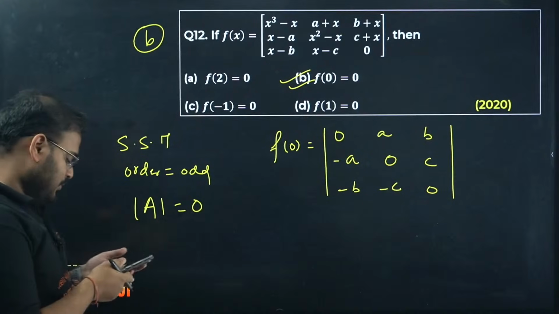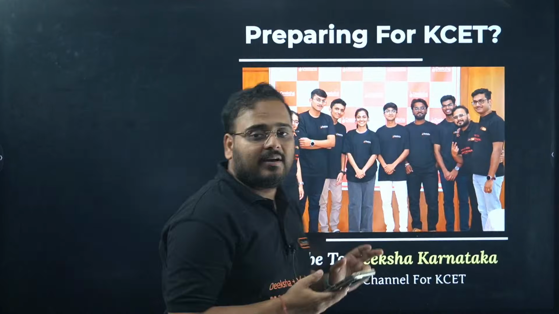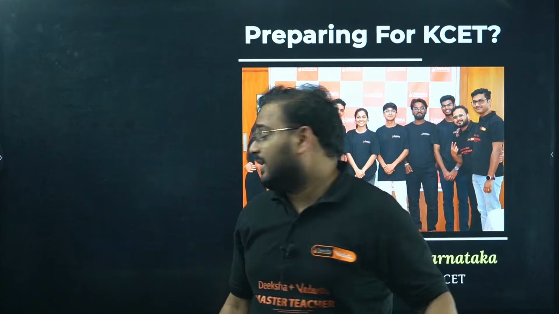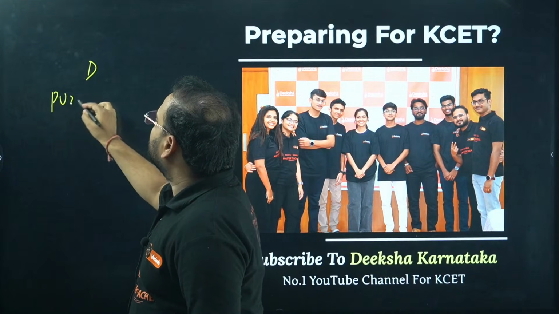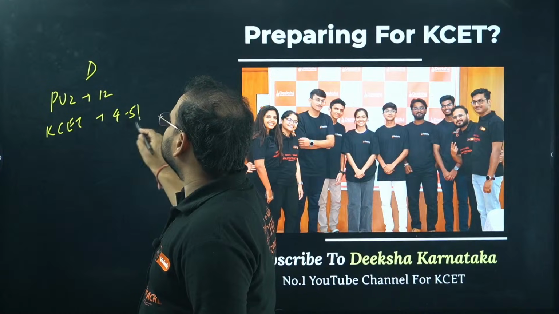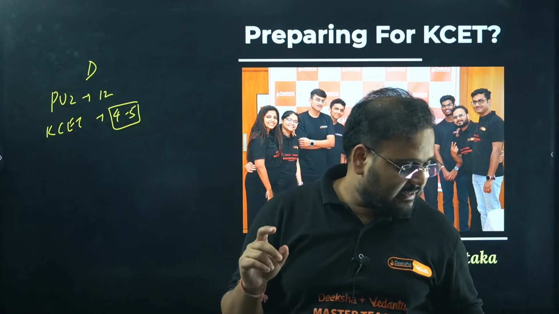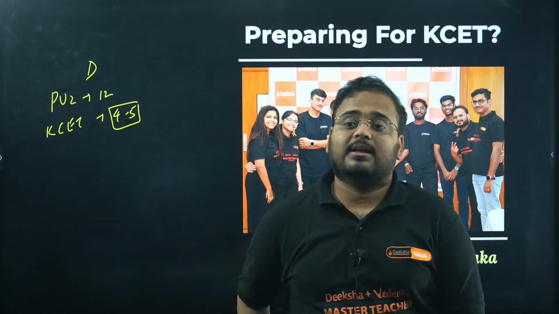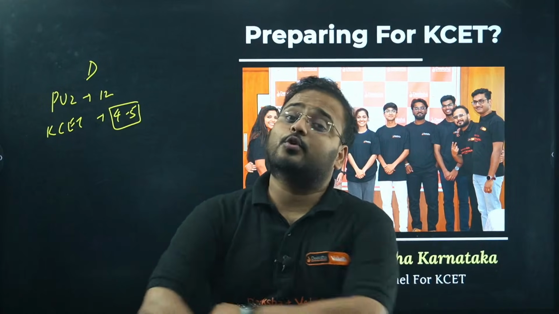Yes. So this is the end of your lecture in determinants, where I have solved your PYQs of CET, PU2 and discussed all the topics. Again, the weightage, if you want to know: determinants in PU2 come for 12 marks, and for KCET it comes for 4 to 5 marks. So 4 to 5 questions in KCET and 10 to 12 marks in PU2 if you want to solve all the questions in the determinant. Okay, so this is the end of the lecture in the 0 to Hero series of the chapter Determinants.